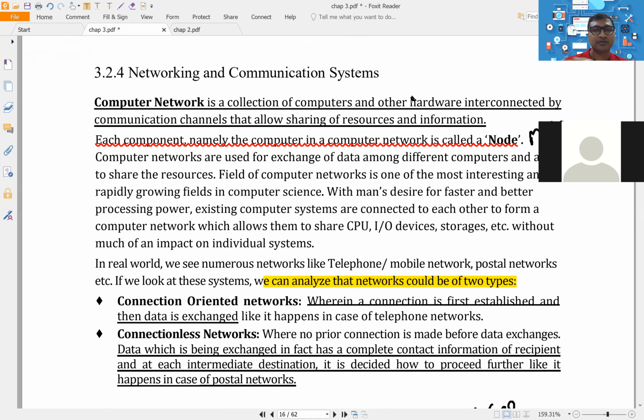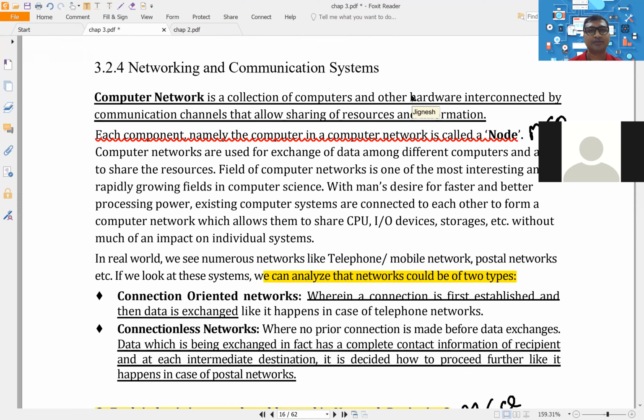Once you finish database, DBMS, data warehouse, data mining, the next important thing is networking. Because any company, guys, I hope you know that they are not restricted to one physical geographical location. Multiple offices will be there, correct? In that case, all the offices should be connected with each other. And how will you connect with each other? Through computer networks.